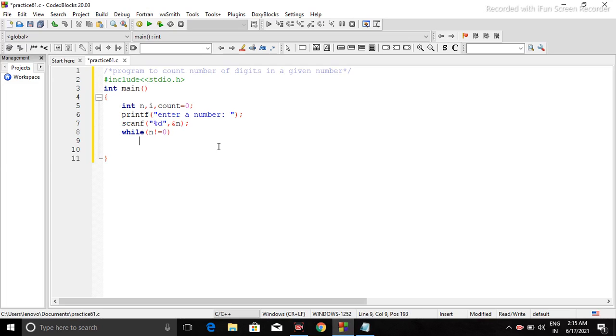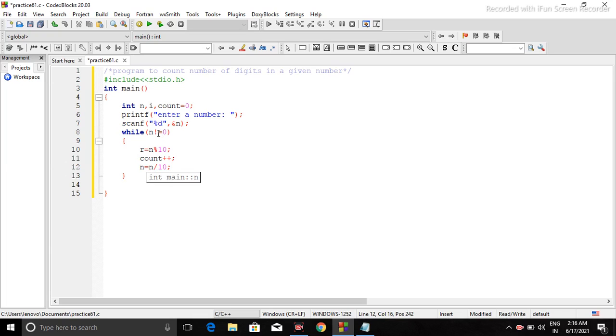So inside the while loop, what I will do is first find the remainder: r is equal to n modulo 10, and whenever I find this, I will increase my count value by 1, and after this I will reduce my n value by applying the divide operator.